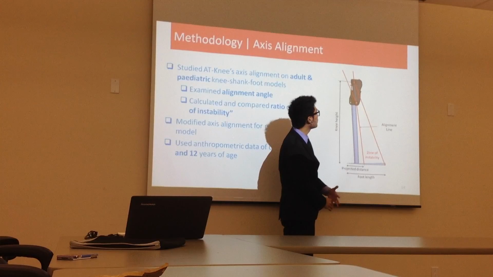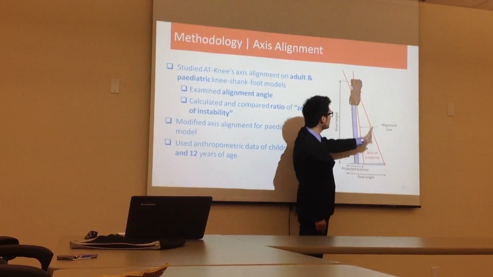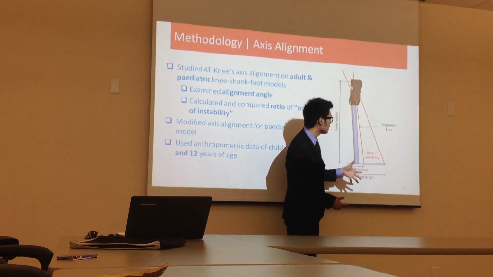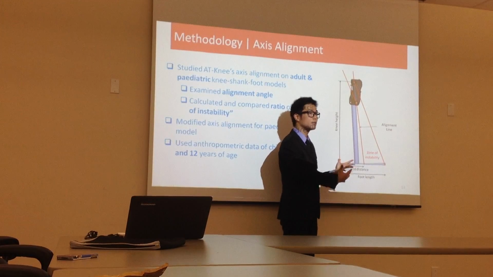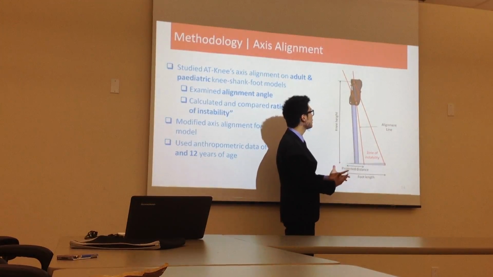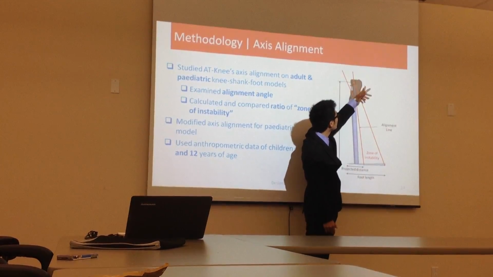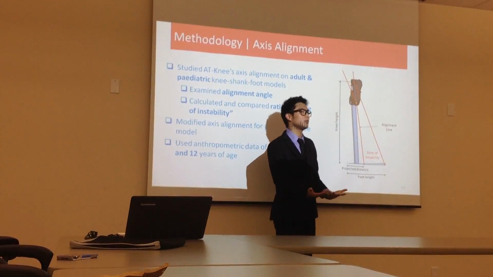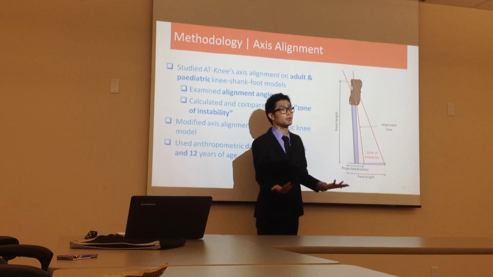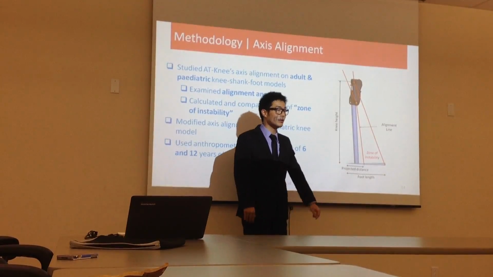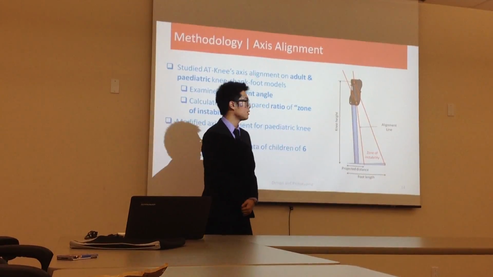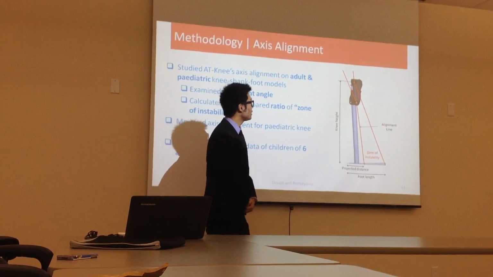But I think that if the force factor is located in front, since the zone of instability represents it, any factor inside the zone of instability would actually activate it. So if the force factor is in front of the knee pivot axis, then the knee would not be able to flex. Why is that? Because